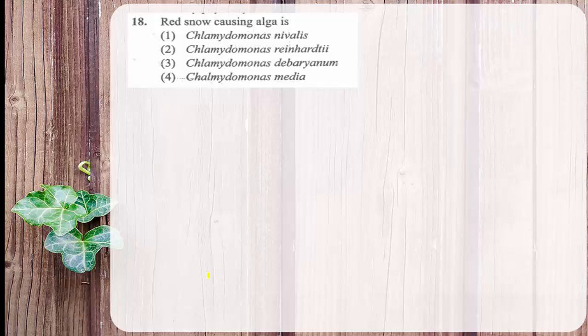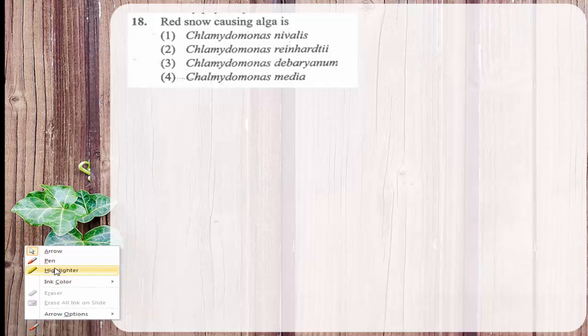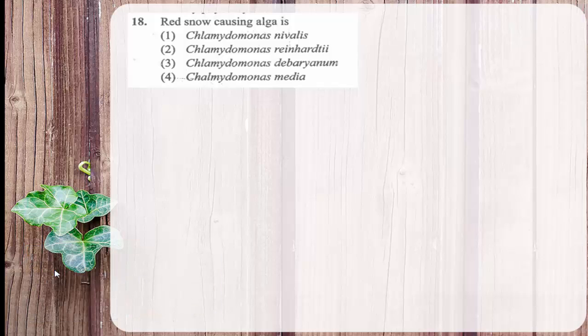When we cut the watermelon, whatever color is observed inside the fruit, the same color is reflected or shown by the snow. That is why it is called watermelon snow. And the algae which is responsible for this particular coloration of the ice is Chlamydomonas nivalis. Then the question is, Chlamydomonas is green algae. The previous question only I told in comparison with zoospores and aplanospores. Then what is the relation between Chlamydomonas and red color?